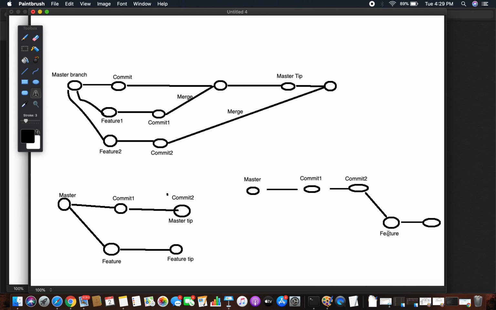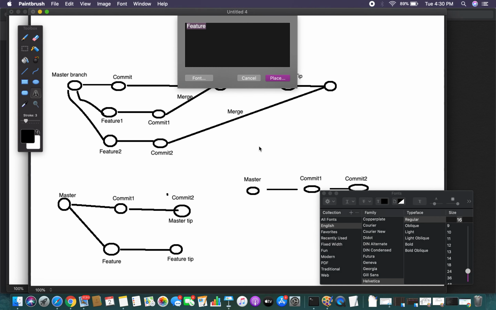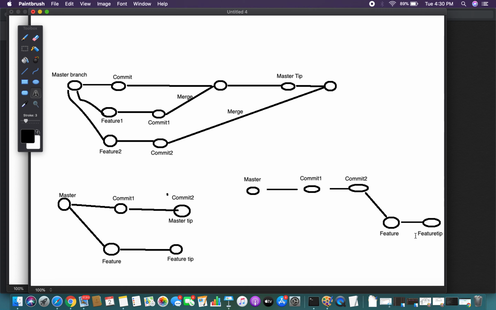See, this is the feature branch. Now this particular feature branch is moved to the tip of the master and then this feature branch tip will be here. It follows the linearity. Instead of merging these changes into the master, you are following it like this.